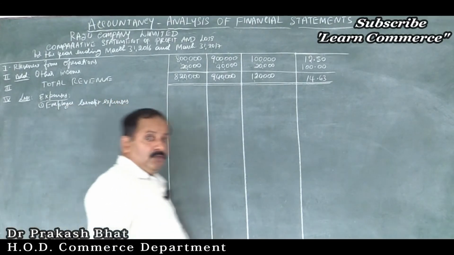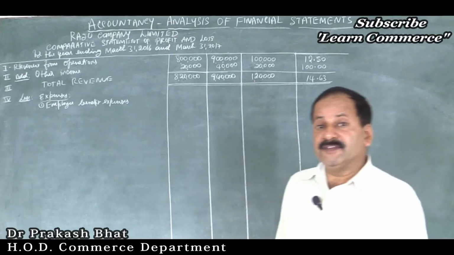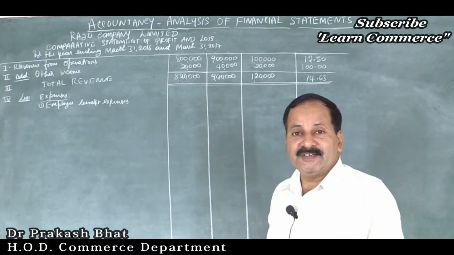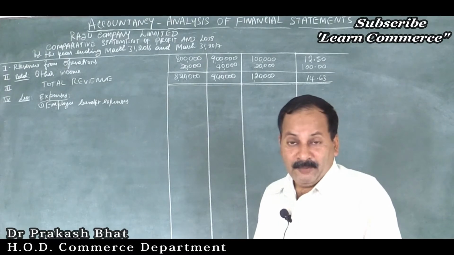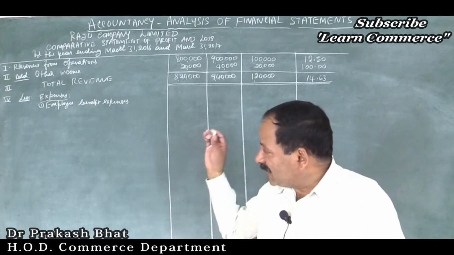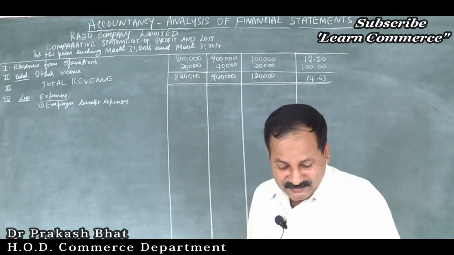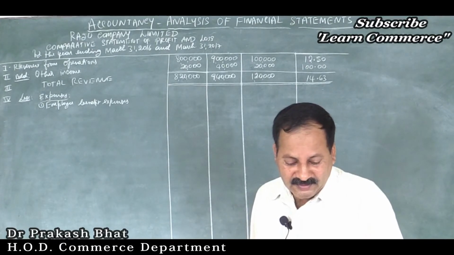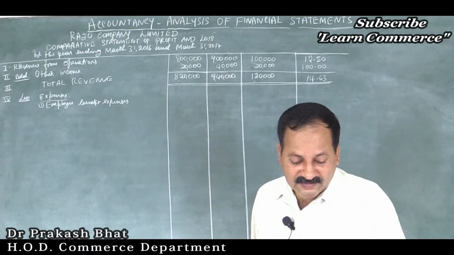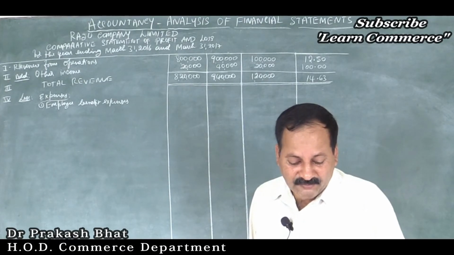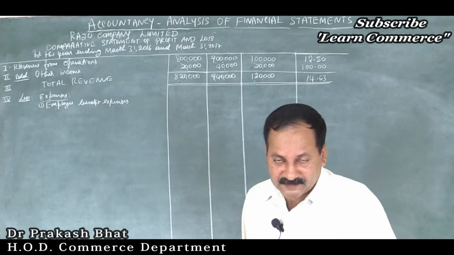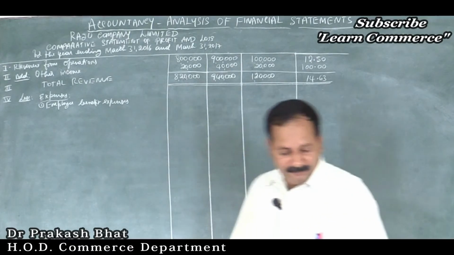No need of writing in the same order, that is cost of materials consumed, employee benefit expenses, finance cost, depreciation and amortization, isn't it? These are different expenses. You write it in the format itself, well and good, because we have to present in the format itself. Clear? Here it is jumbled. Employee benefit is given at the beginning. I took it as the first item. Then you have to take financial expenses, then depreciation, then other expenses. Okay, let us do it that way.